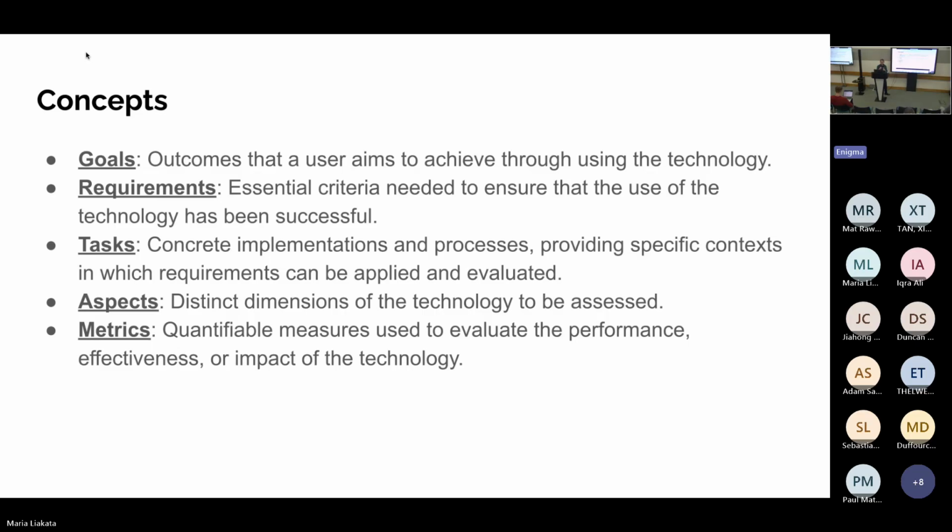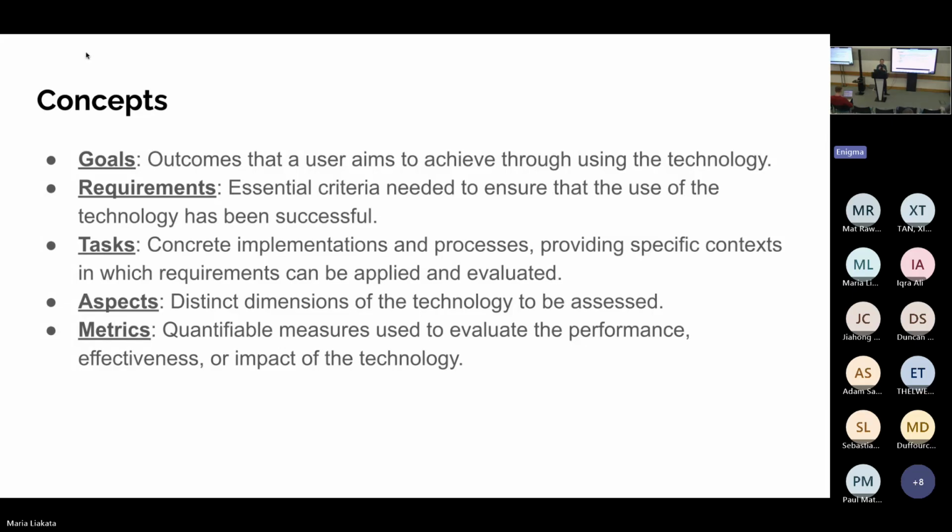Then how do we see concrete implementations of these wider goals and requirements within specific contexts that can be applied and evaluated? The tasks provide this more concrete operationalization.